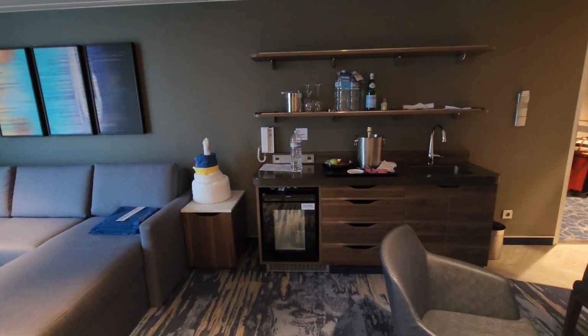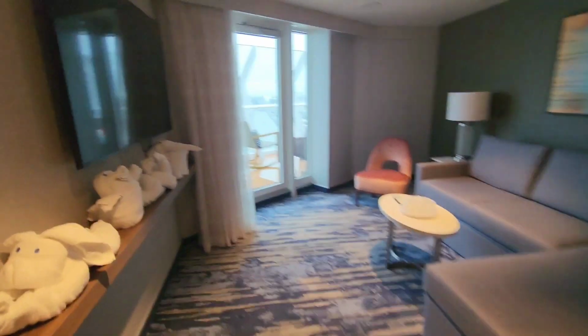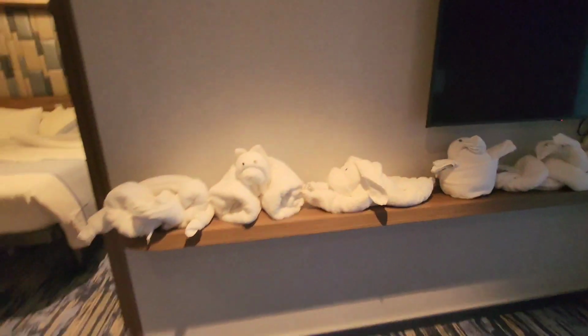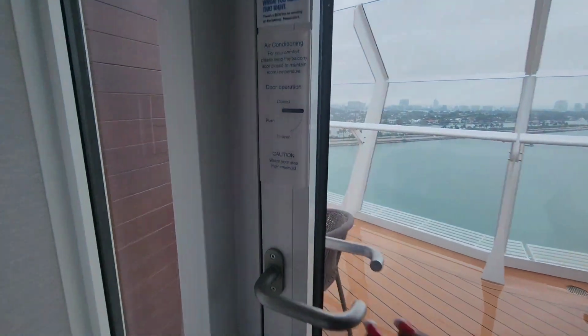They actually got a little breakfast nook, a whole counter and everything, couch, plenty of towel animals to go. So they got 2 TV rooms in the presidential as well. And then